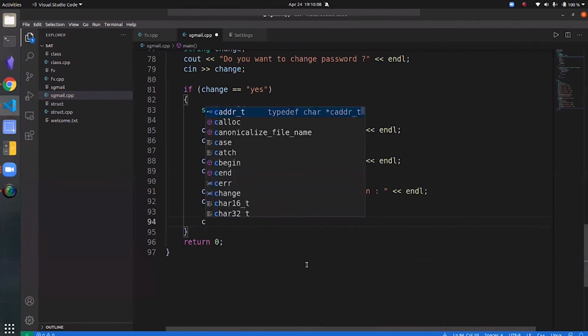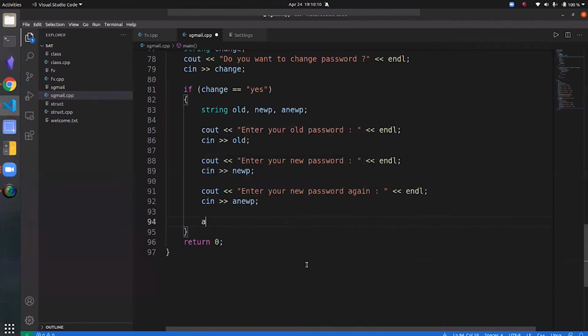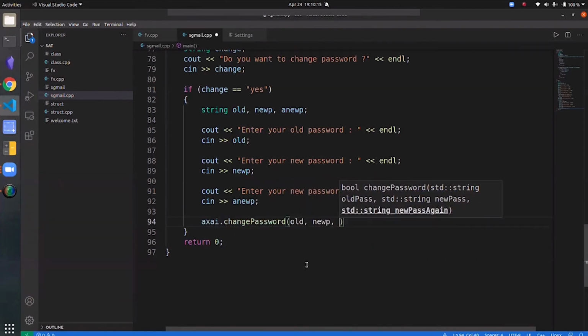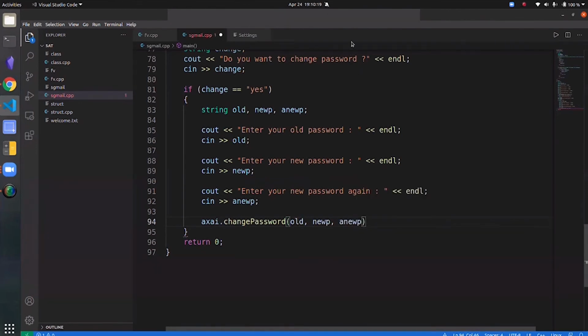We need to pass them, right? So say dot change password, old, new password, and new password again. If this function returns true, if everything goes according to plan, we can simply print that password changed successfully.